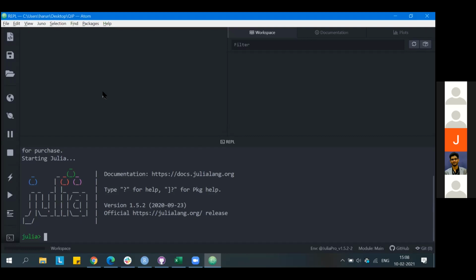Since the participant doesn't have the codes, it will be better to start fresh. At the top, if you see, there is a new Julia file. If you hover your cursor over it, it will say new Julia file. Just click on it and it will open an untitled Julia file. You can just save it, since we are working in a text editor, using the command Control S as we do in Word files.